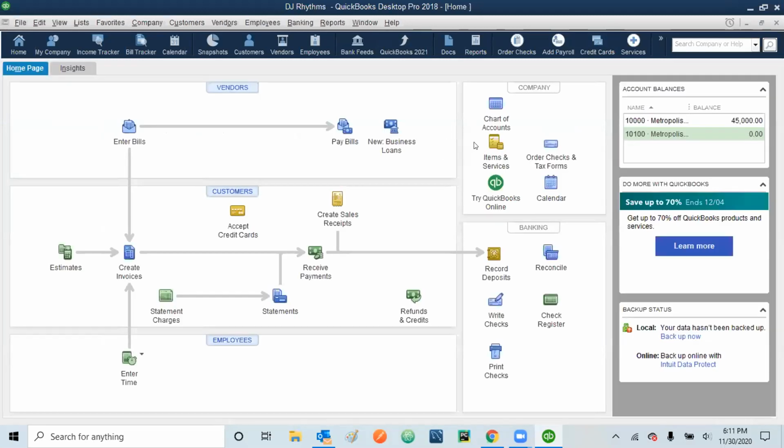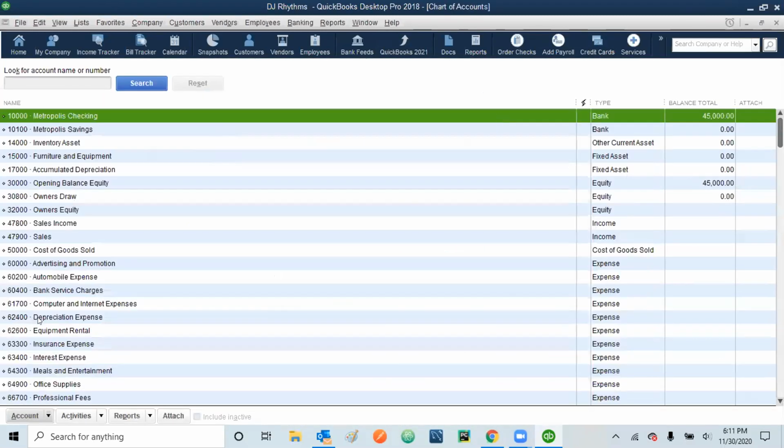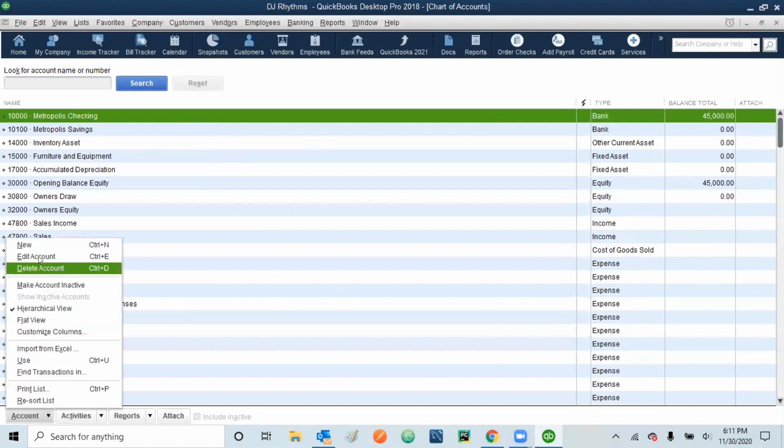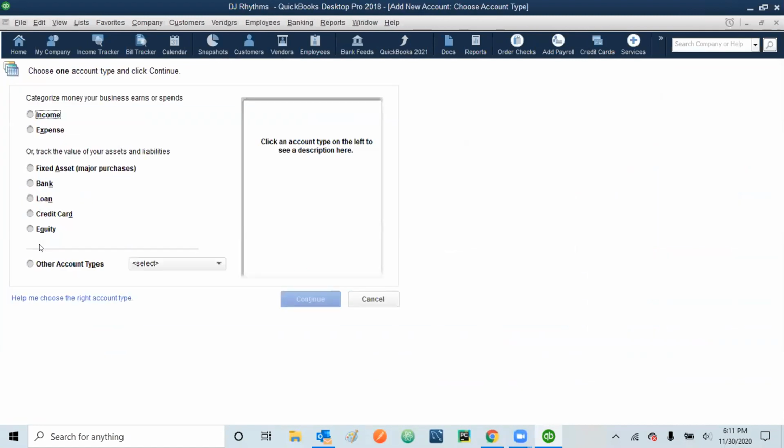So again, in the chart of account, select the account, click new. In this one, that will be our income account. Why? Because these are the source of our income. So we just make it as an income account. And then you can see here, income account is covering the product sales, service sales, discounts to customers. All of these things will be updated from here. So you can just simply click continue.